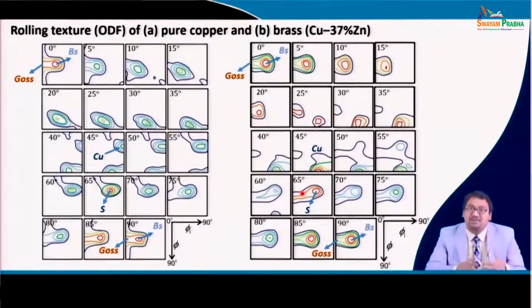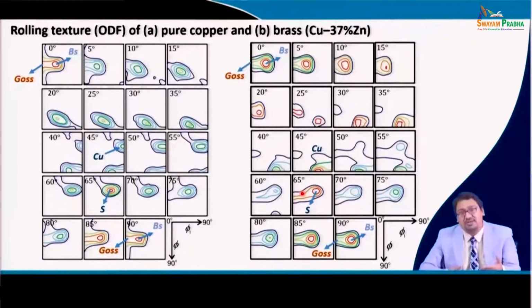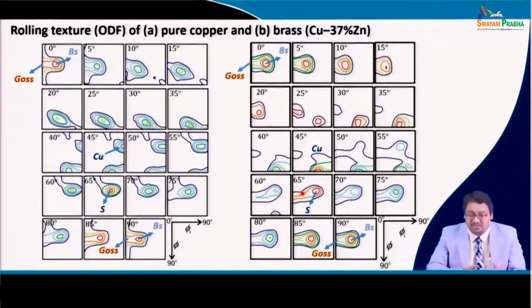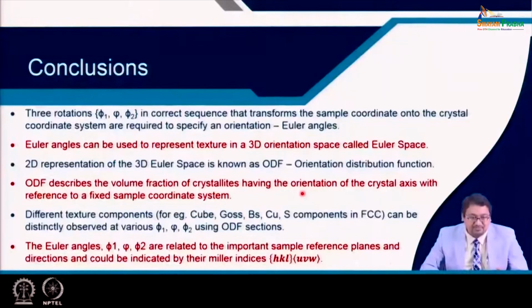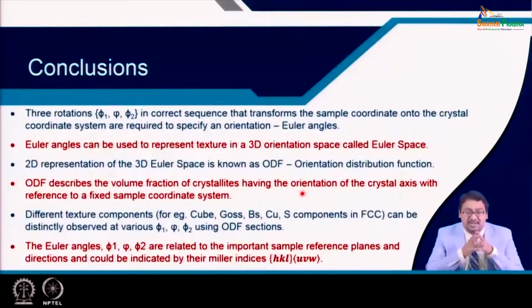It does not mean that we cannot show the texture using Euler angles in other sections. There are relations which can be observed when we observe the texture in phi 1 sections too. So, that is all for this lecture, and we can conclude that